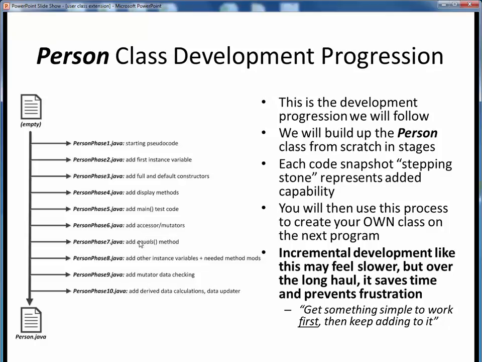At every step of the way, we've saved a snapshot of the most recent working changes, and so now we find ourselves at this point, person phase 7.java, although of course the latest person.java remains our live development version. What I've tried to introduce you to in this progression is the idea of steady, systematic, incremental development. We got something simple to work first, then kept adding to it. Now we're going to show you how easy it will be to extend our starting framework to all the other